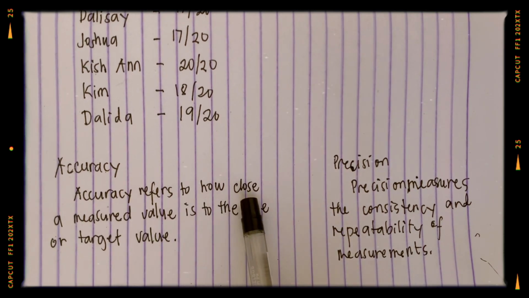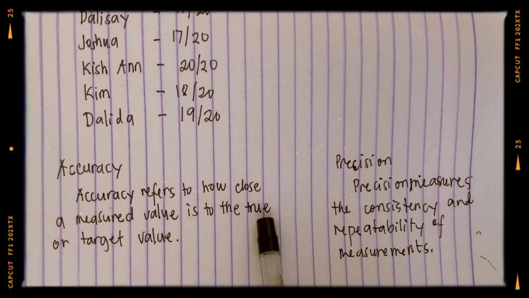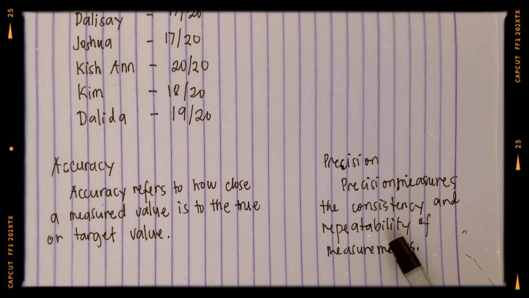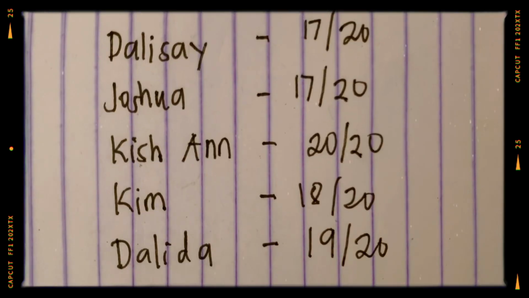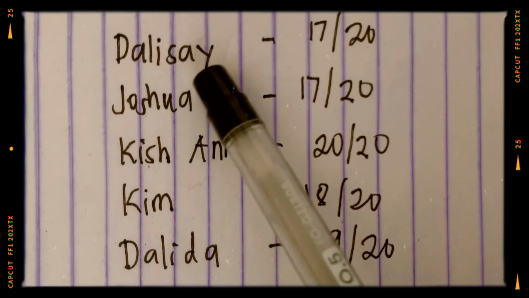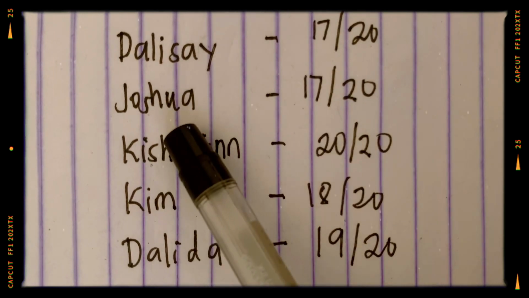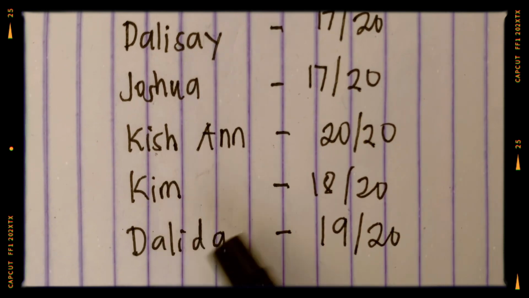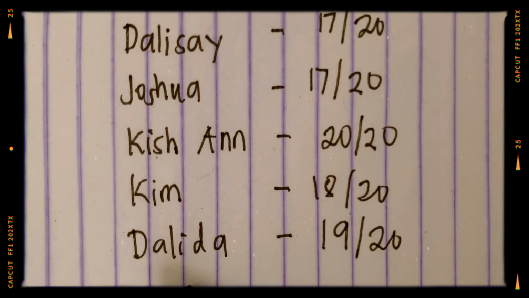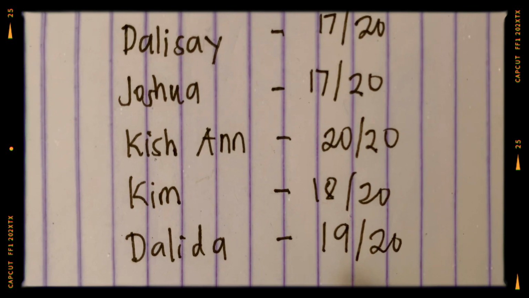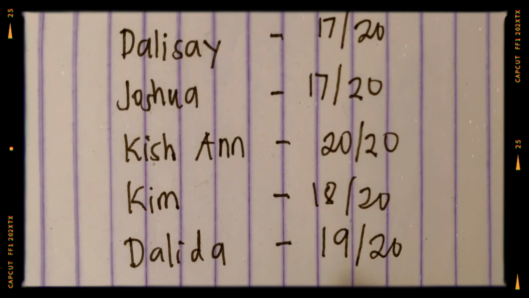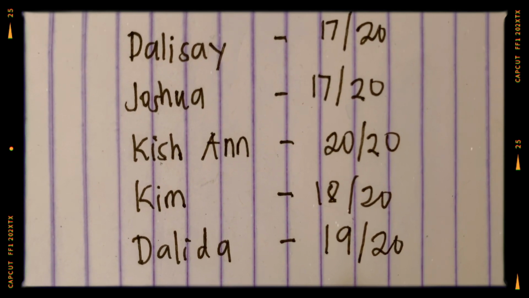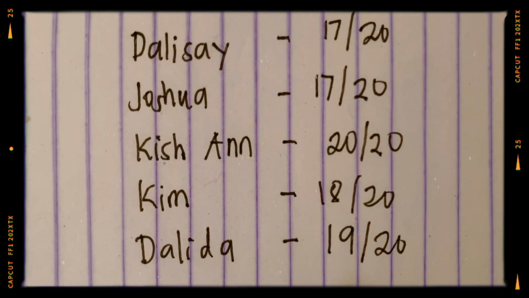Accuracy refers to how close a measured value is to the true or target value, while precision measures the consistency and repeatability of measurements. For example, the data shows that Dalisay got 17/20, Joshua got 17/20, Kishan got 20/20, Kim got 18/20, and Dalida got 19/20. So their scores are both accurate and precise. Accurate because their scores are close to the target value, which is 20, and precise because their scores are close